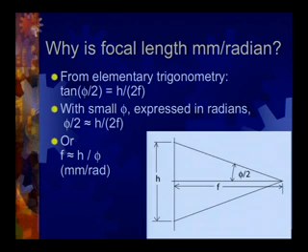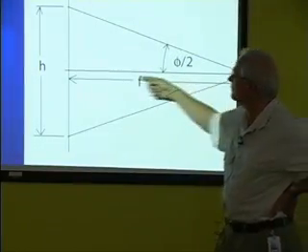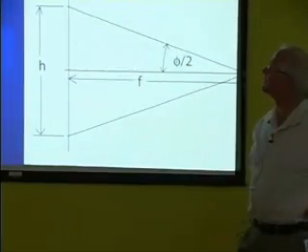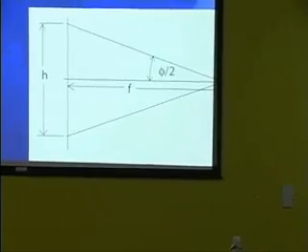Here is a triangle from elementary trigonometry. The tangent is equal to the opposite over the adjacent. So the opposite is h over 2. The adjacent is f. This is the focal length to the imaging height. So that tells us that the tangent of phi over 2 is h over 2f, or